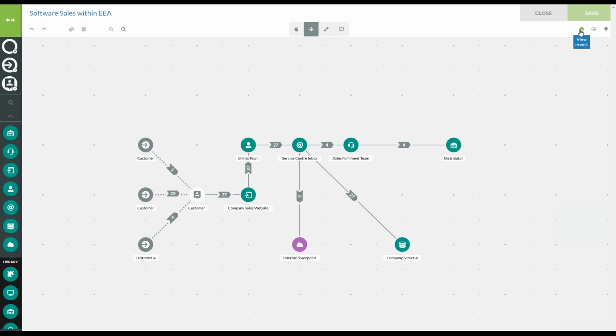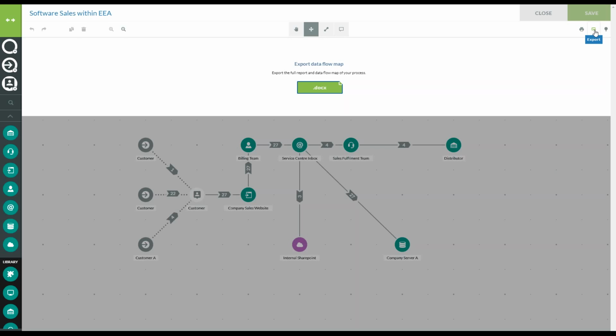So now that we've completed our process map, we're going to go into our report. So we're going to export it into a Word document just to show you that process and how quick and simple it is. So using the export button, it will show you what format it's going to go down into. So if you're using OpenOffice, if you're using Microsoft Office Word, .docx is a popular format that should be able to be visible in most readers. So we're going to open this up into Word, and it's just to mainly illustrate all of the different areas that you can modify